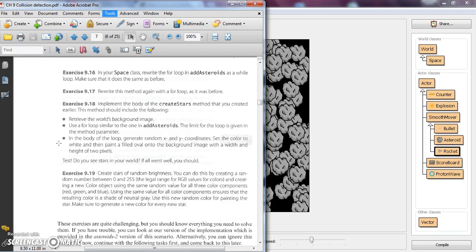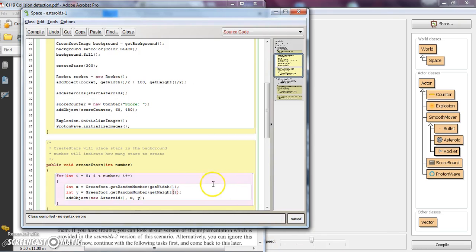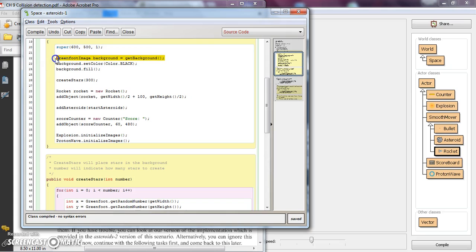We're going to set the color to white and then paint a filled oval onto the background image with a width and height of 2 pixels. So if we go back to our code, we have to retrieve the world's image was the first thing. And so we're going to copy that line of code from our constructor that we have up here, Control-C. And we're going to retrieve the background image and paste down here